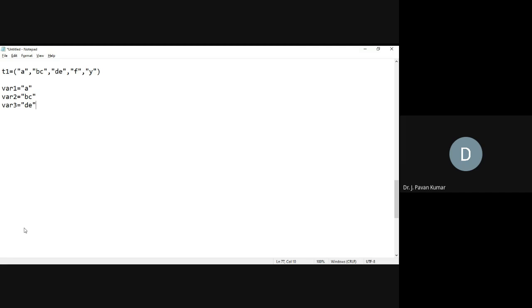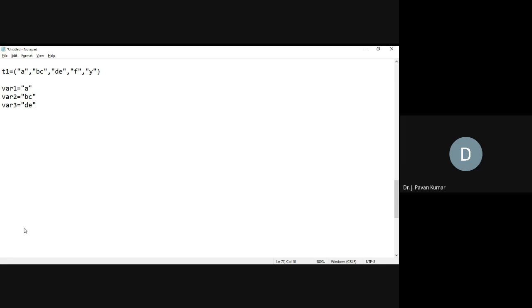Yes or no? Earlier, without introducing the concept of list or tuple, how did we use these? Individual variables: to add two numbers, two variables are taken, then a third variable, and we get the value after adding both. Like that we have seen individual variables.